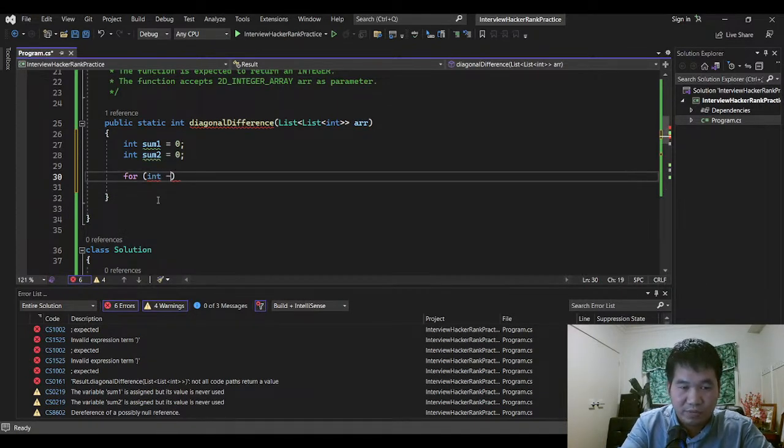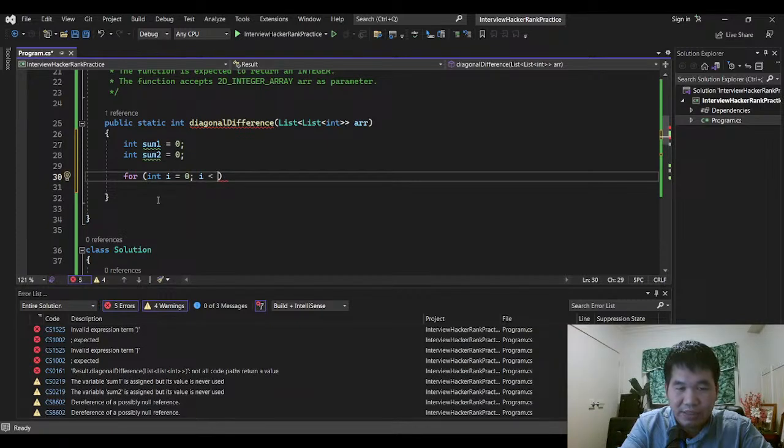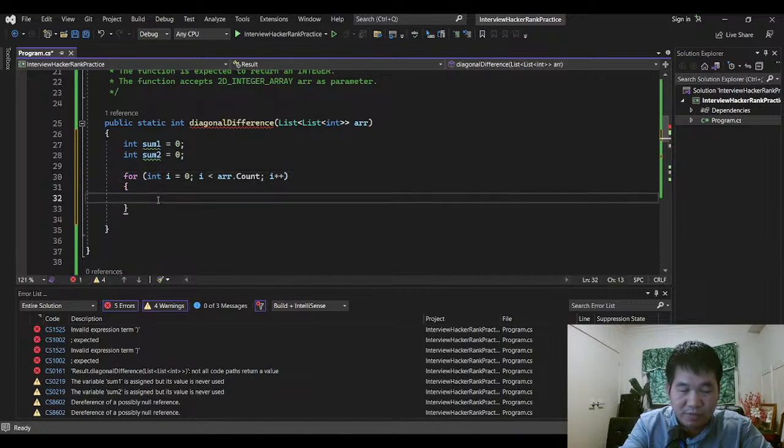So we are starting with 0 index, and we are going to check index is less than array dot count,